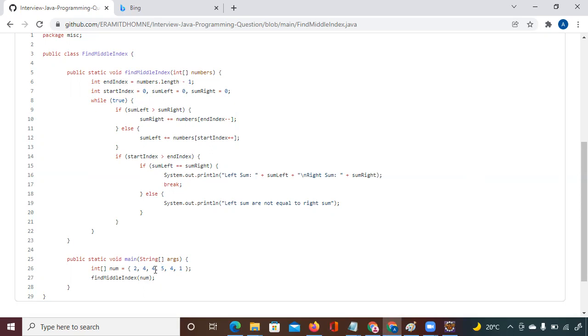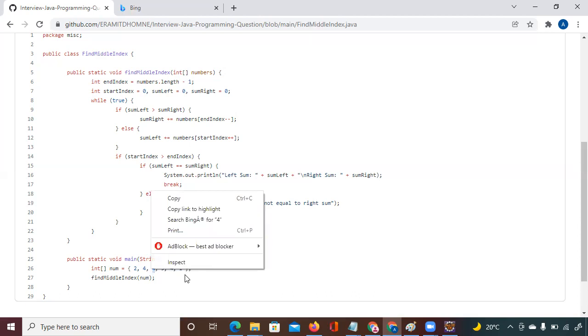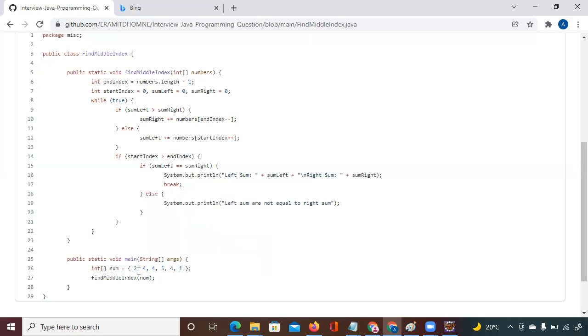How many elements are there? Suppose let's talk about this 4. In the center 4, how many elements are toward the right? 3. How many elements toward the left? 2. So it will count that, and based on that it will tell us whether the element is the middle element, the middle index, or not.